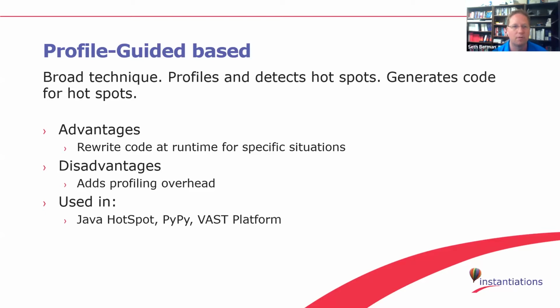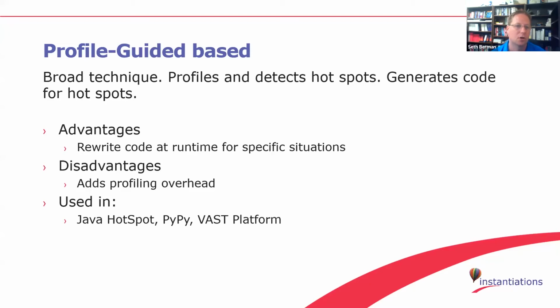And it's the concept of profile guiding. And you can do this with static compiler pipelines as well. But in the context of at runtime, we can profile and do things like detect hotspots, which is code that is running a lot. And we can generate new, faster code for those hotspots. But there's other kinds of things that we might be able to do. We might be able to prove that certain checks are no longer necessary, and we can remove those at runtime. So the just-in-time compiler is always kind of looking for those opportunities, and that's really what profile guided